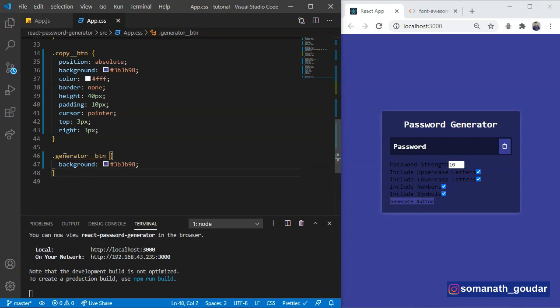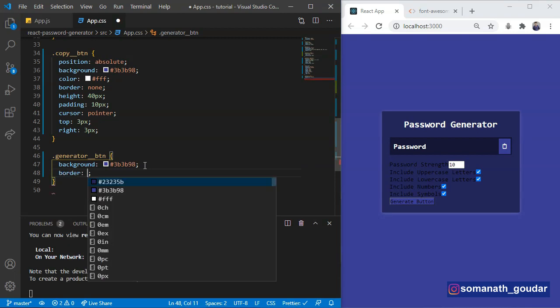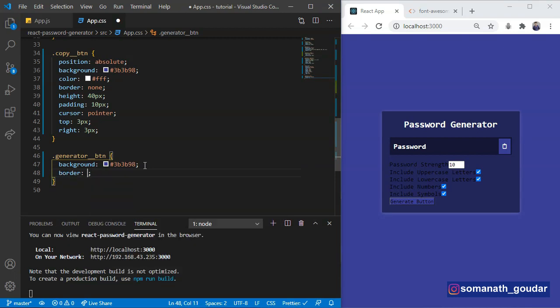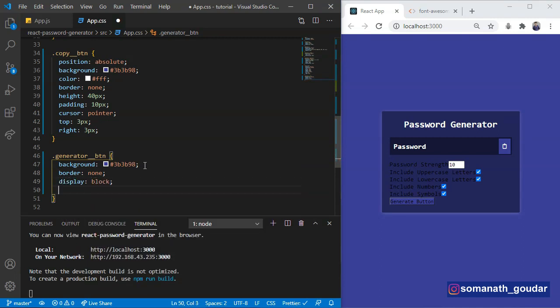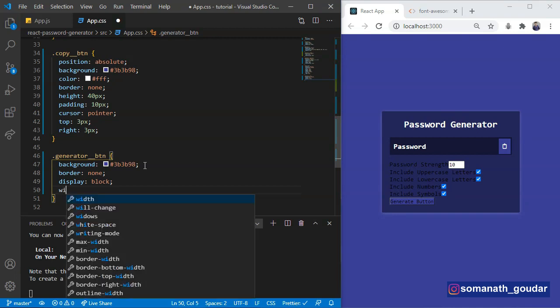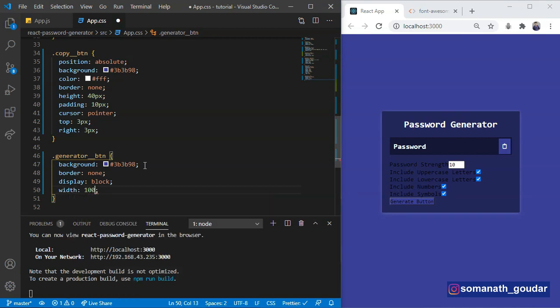Yeah. Let's set the border. Sorry for that. Here we are going to say border of none. And we are going to set the display to block. And we are going to give a width of 100%. Let's save this. Yes.